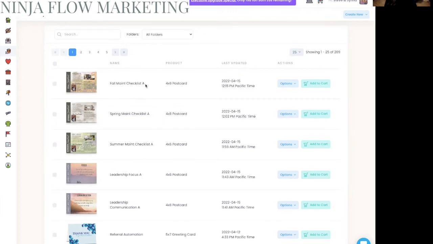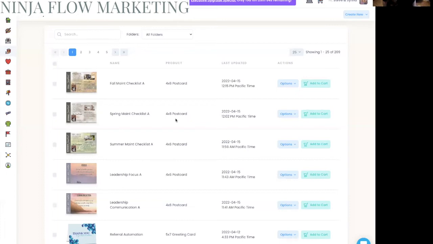One is that in the way that I name these, you can see I have an A at the end of it. The reason why I do that is to flag the system to let me know that this is part of an automation. So that's important because if I were to ever decide to send this as a one-off, maybe it's a greeting card, doesn't have to be a postcard necessarily, but if I change that card and it's part of the automation, it's actually going to change the automation. We don't want to do that. So if I rename it with an A at the end, I know it's part of an automation and I'm not going to do that. So I would duplicate it and then rename it